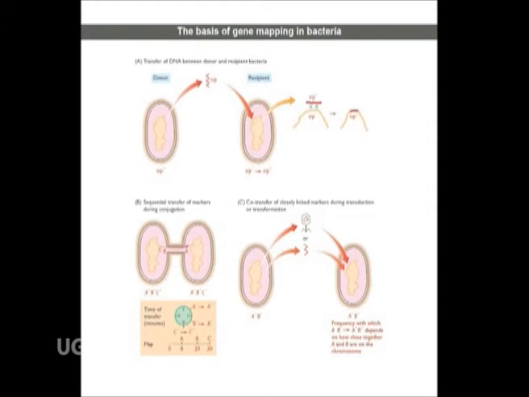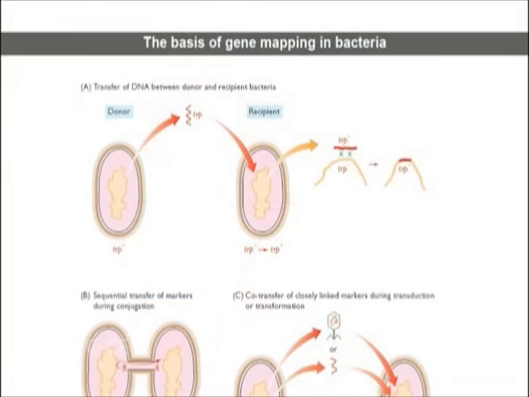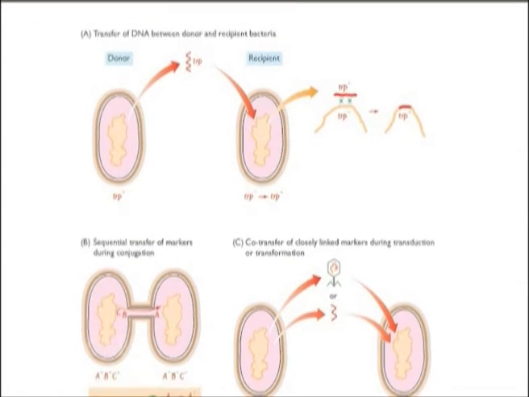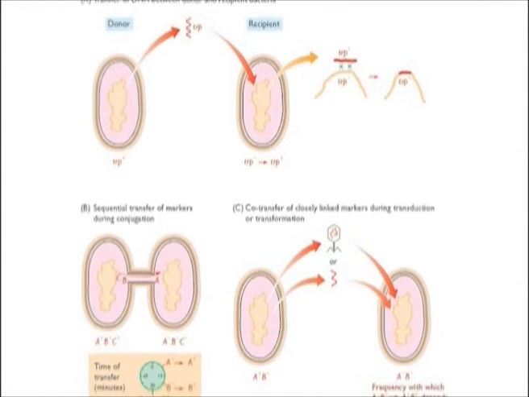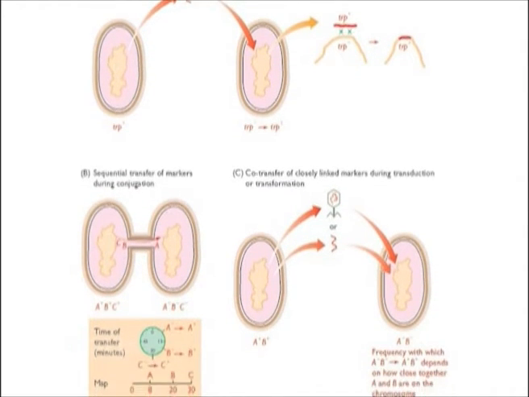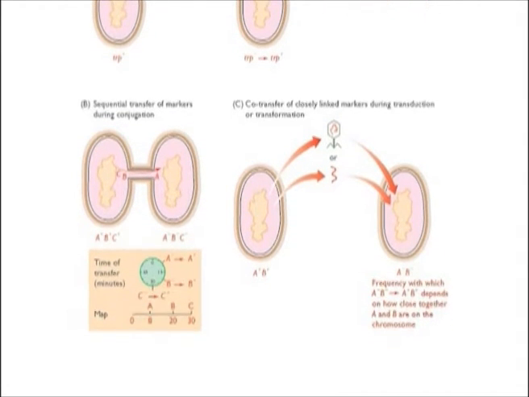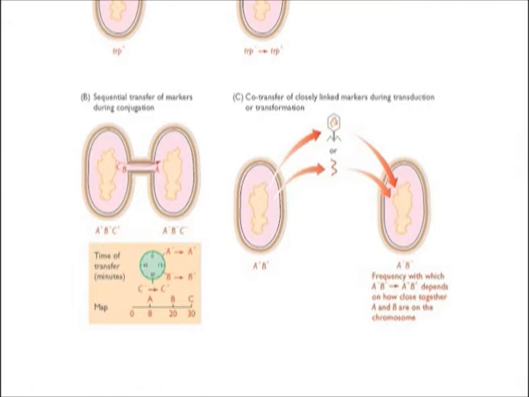After transfer, a double crossover must occur so that the DNA from the donor bacterium is integrated into the recipient cell's chromosome. If this does not occur, then the transferred DNA is lost when the recipient cell divides. The only exception is after episome transfer, plasmids being able to propagate independently of the host chromosome. The precise details of the mapping procedure depend on the type of gene transfer that is being used. In conjugation mapping, the donor DNA is transferred as a continuous thread into the recipient and gene positions are mapped by timing the entry of the wild type alleles into the recipient.